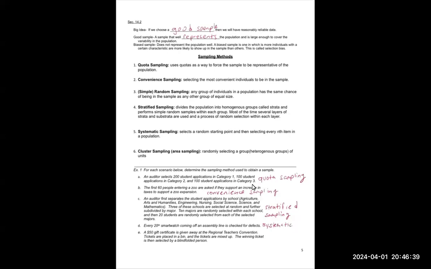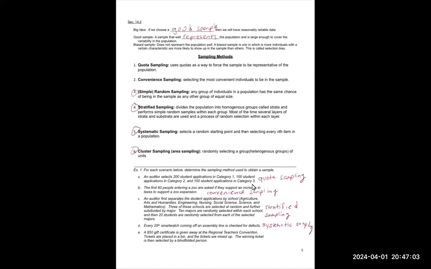And all 3 of these, stratified, systematic, and cluster, are acceptable sampling methods, and simple random is acceptable too. Simple random would be the best, but like I said, it's often not logistically possible. Okay, then the last one here